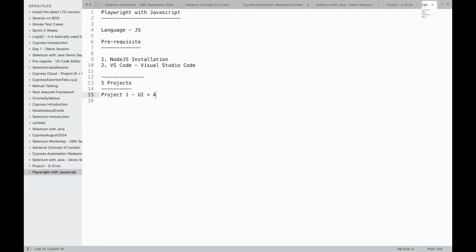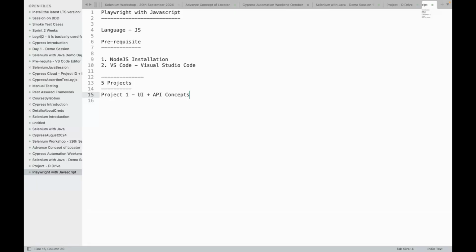When I mention UI and API concepts, I'm talking about how we are handling the dropdown, how we are handling the text box, what locators are, and how we are handling the sliders. All these concepts will move into the UI folder. And when I say API concepts, guys, APIs are obviously the CRUD operations and other additional APIs, which some of you are already aware of, which are nothing but get, post, put, patch, delete. These are the CRUD operations.